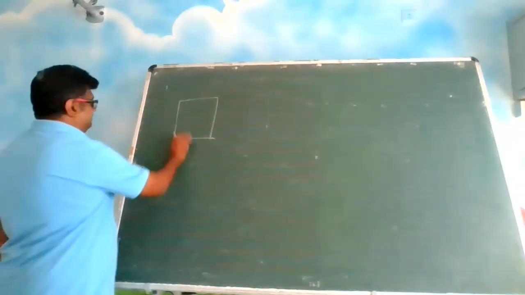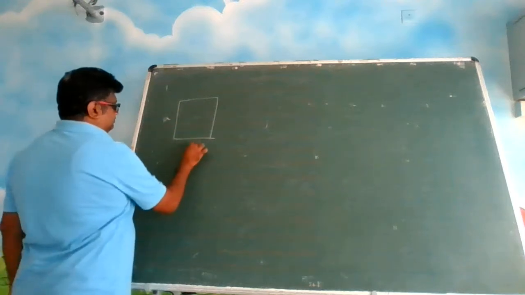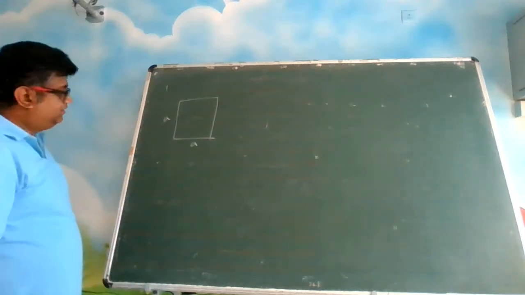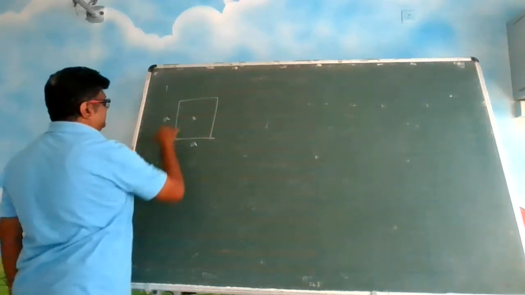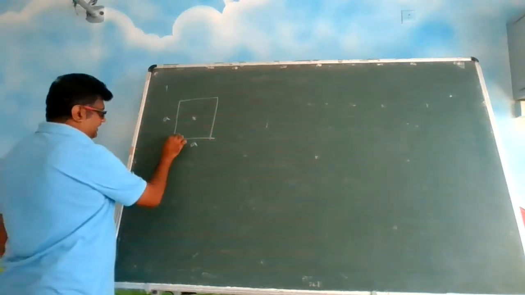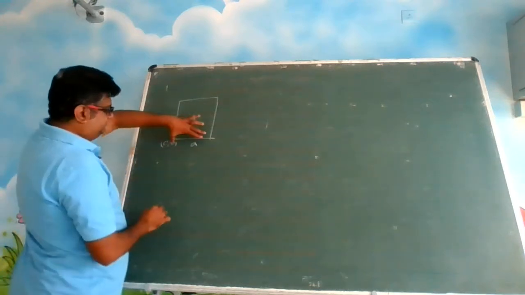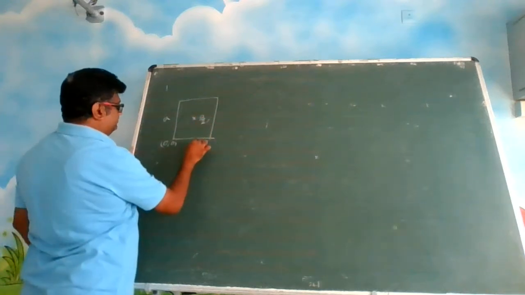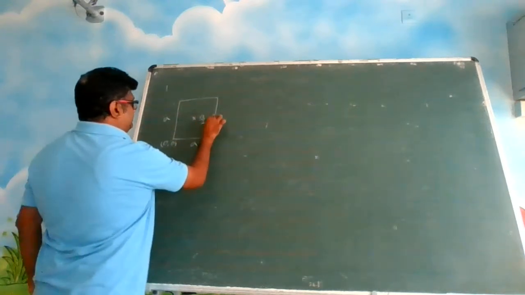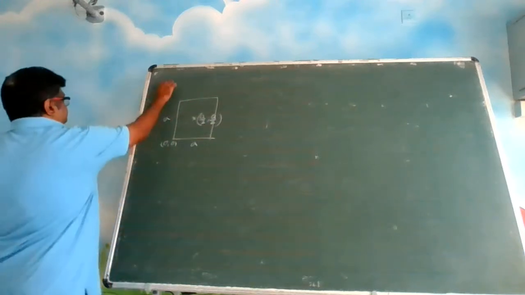It will have some x, it will have some y. This is a square, so sides A and A. We discussed that for symmetrical objects, it will be in the center. So if I take this point as my 0, 0, this is A, half of that. So x coordinate will be A by 2 and y coordinate also will be A by 2. This is for the square.